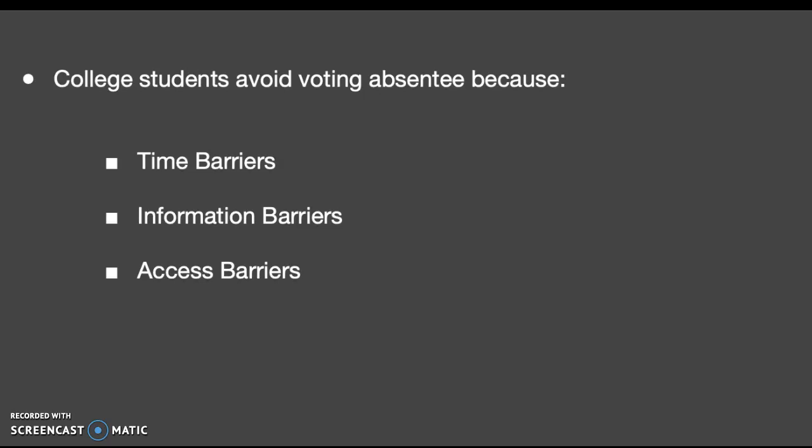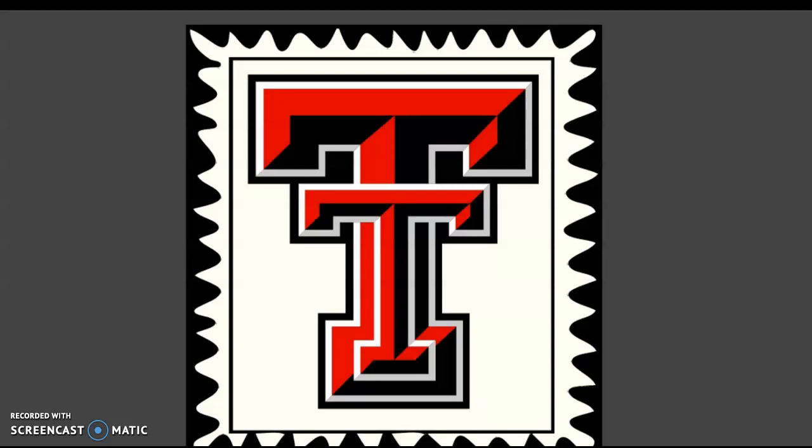It's in a light font on a dark background, and underneath there are 3 balanced bullet points that is basically the outline of the speech. So this fits the rules. It's in a nice Helvetica font, so it's easy to read. It's not distracting. And then the third slide is a stamp with the Tech logo on it, which would be